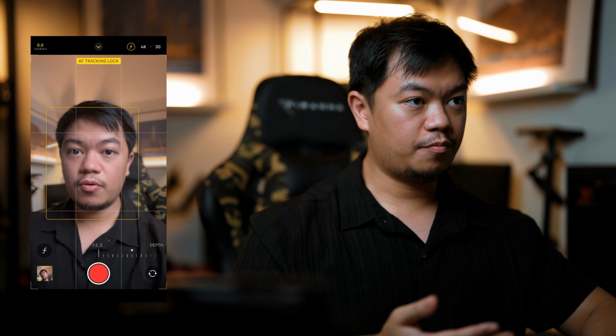You can adjust how strong the blur is by tapping the F icon and swiping left or right. Once you're happy with the level of background blur, you're ready to hit record and capture your cinematic moments. But here's the best part. Even after recording, in case you change your mind, you can still edit the level of the background blur by